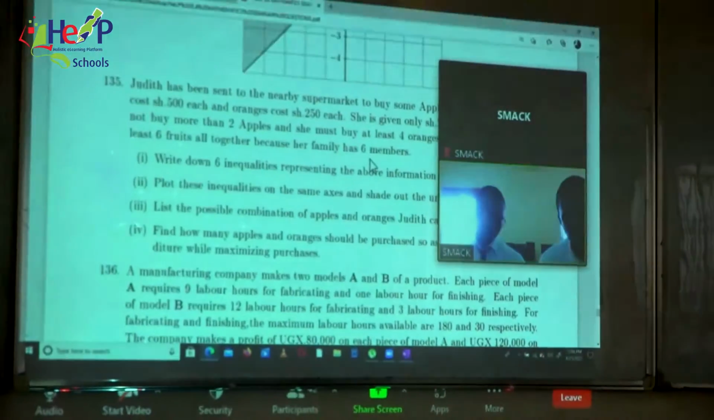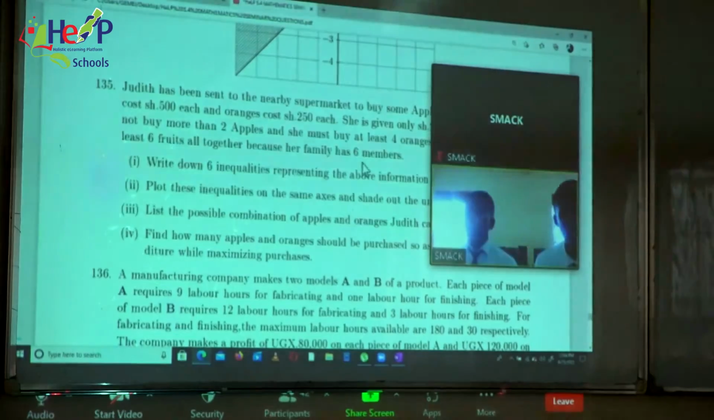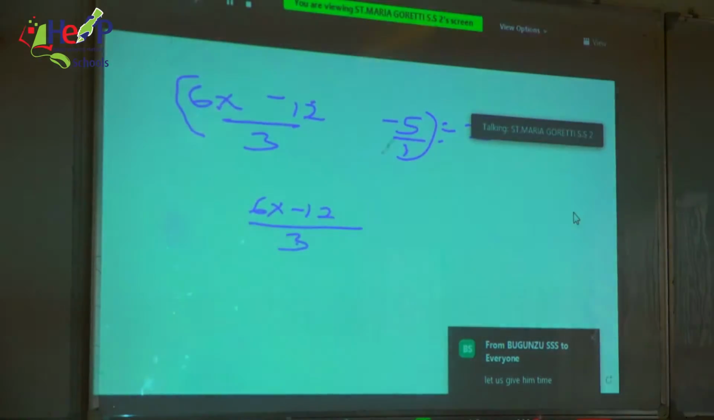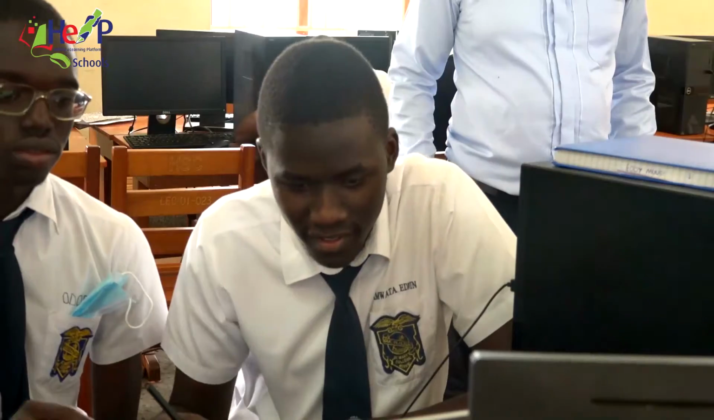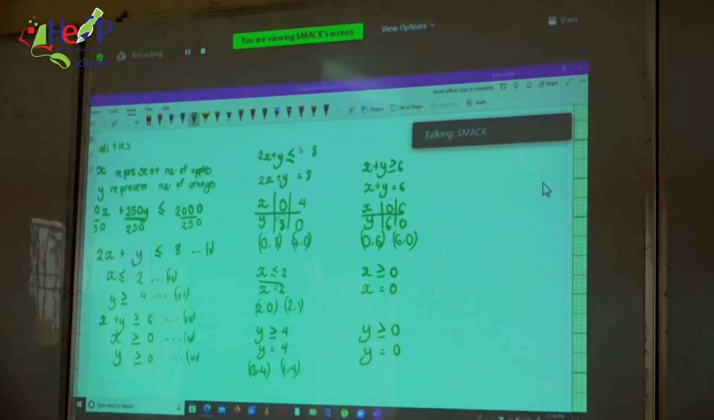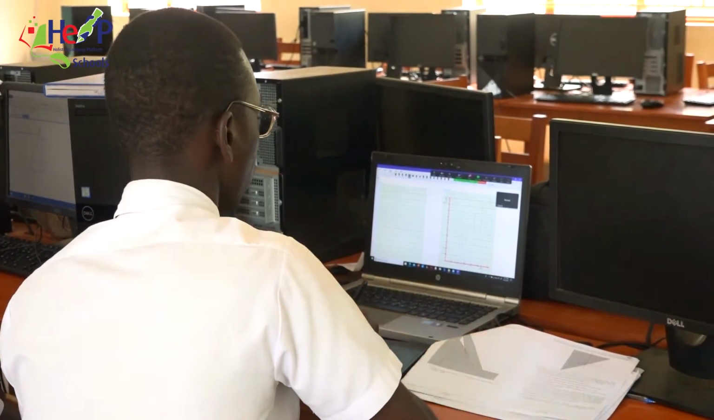An apple costs 500 shillings each, and oranges cost 250 shillings each. And she's given only 2,000 shillings to spend. This is our statement, and we can derive our first inequality from there. So you should come out with something like this. It's a drawn graph. So when you have this,